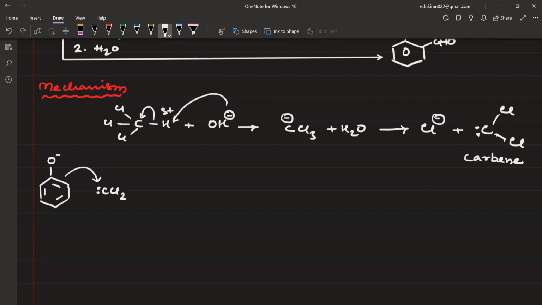Then oxygen with its lone pair electrons will attack and form a double bond as always, leading to formation of a double bond oxygen with a positive charge here. Okay, and then here there was one hydrogen, and there will be carbon and Cl2. Now you can see that CCl2 will have a negative charge. Why negative charge? Because it still does not have a complete octet. It will have Cl2